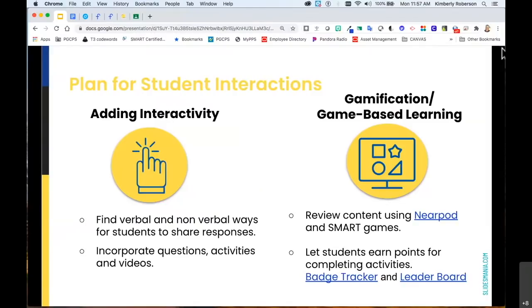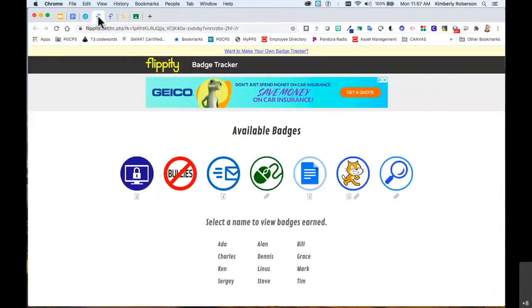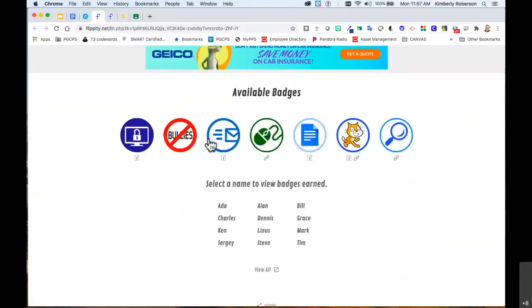Now contrast that with gamification. Gamification means using game elements as part of your classroom environment and is another great strategy to make learning fun and effective. Two that we suggest are the badge tracker, where students can earn badges for achieving certain goals, as